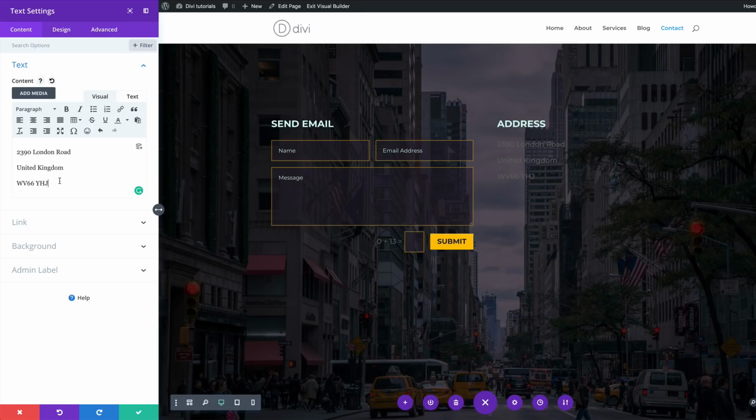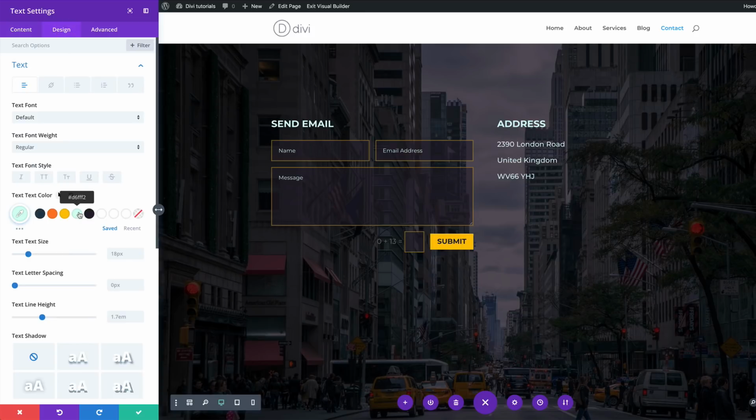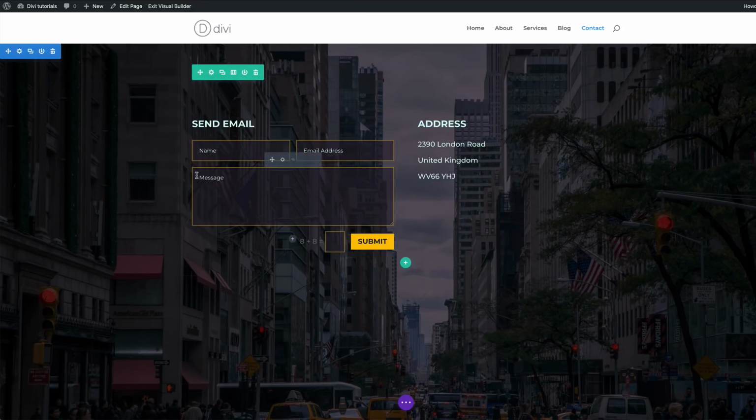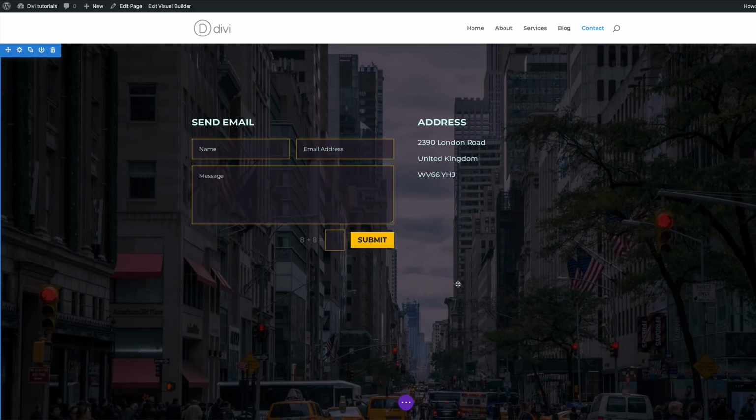So we might as well go in and make some adjustments to that text module. I'm going to go in and change my colors, so make it nice and easy to read. Save that. Okay, so now that we have our form and our address, the next thing you may want to